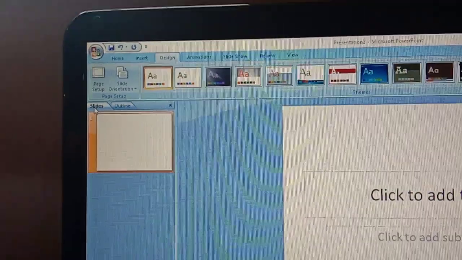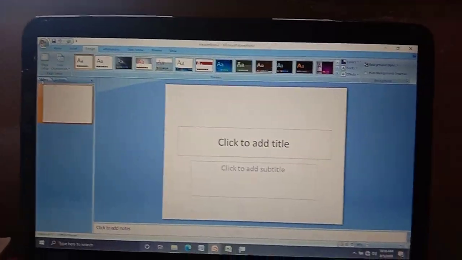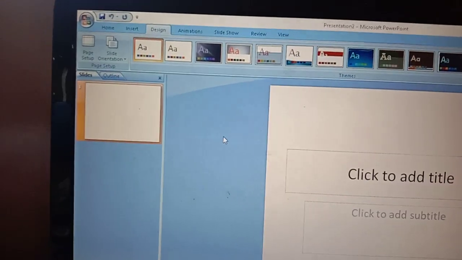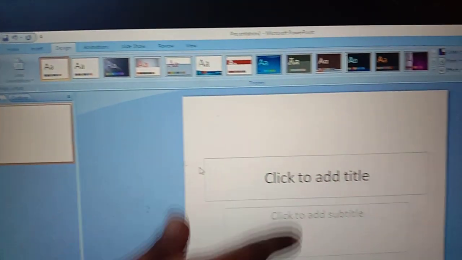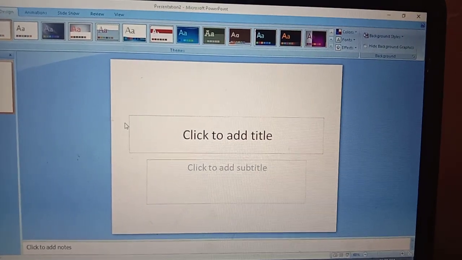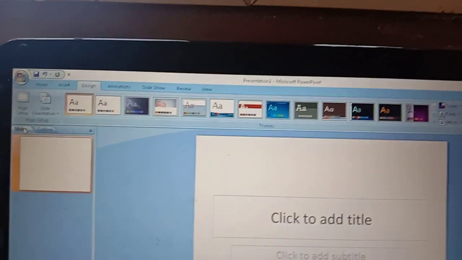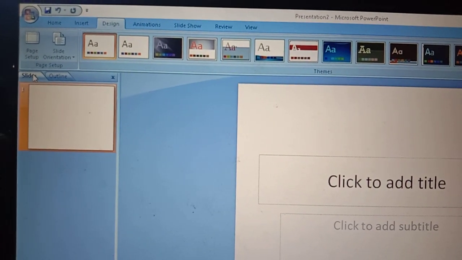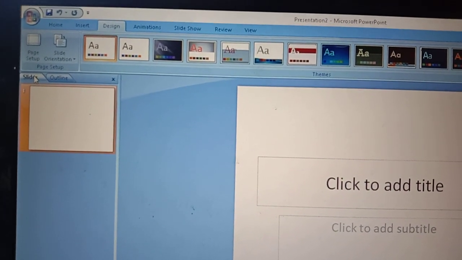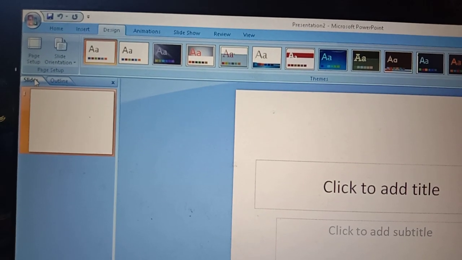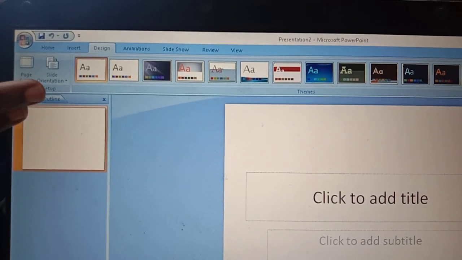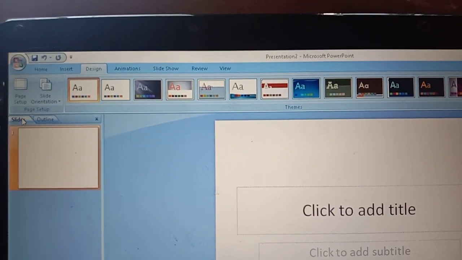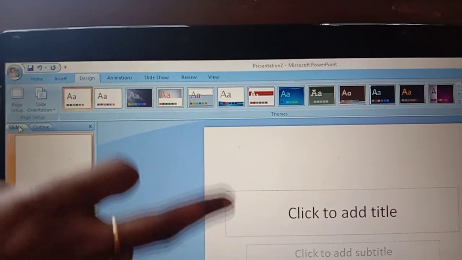And next we are going to see the slides view tab. Sorry children, this is the slides tab. The slide pane is this complete part. This is the slides tab, which displays the thumbnails of all our slides. For example, if I insert any image, it will reduce the size and display all the slides here. I'm sorry, this is the slides tab, and this one is the slide pane.